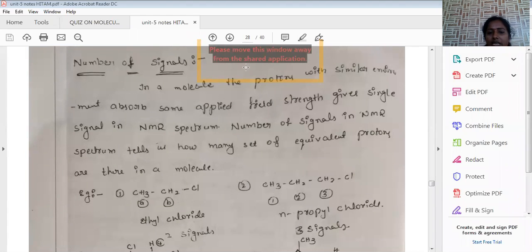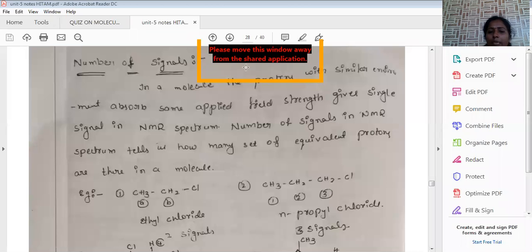Mainly radio frequency is used in NMR spectroscopy. When the radio waves or electromagnetic radiation fall on the molecule, it generates a new magnetic field. The electromagnetic radiation we are passing is called the primary magnetic field, and the magnetic field generated within the molecule in the presence of the primary magnetic field is called the secondary magnetic field. The secondary magnetic field is also called the induced magnetic field, because we are inducing a magnetic field in the presence of the external magnetic field.